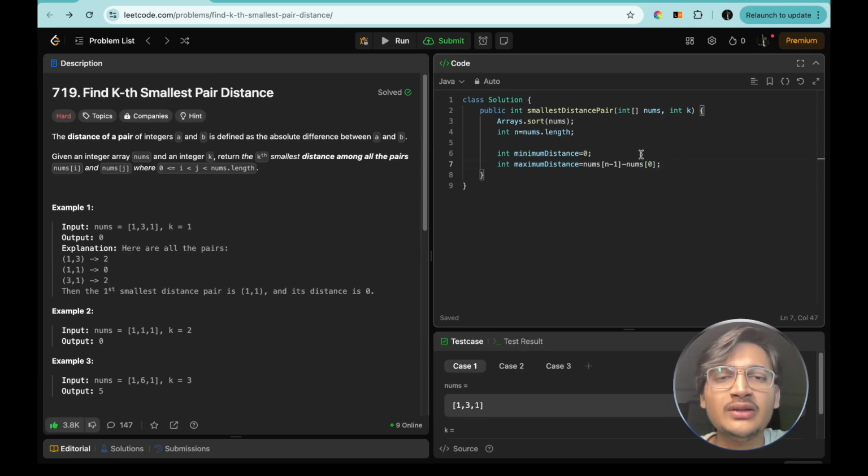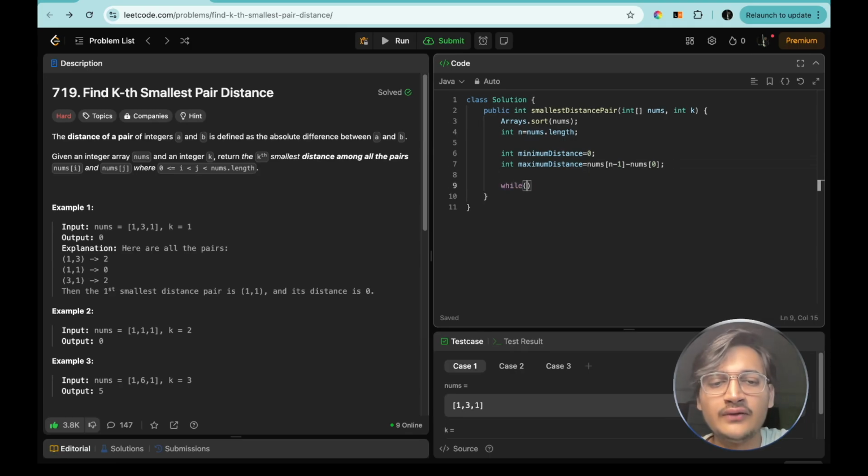So this will calculate the maximum distance possible in this given array. And now we just have to do the same thing in the binary search as we have done. So while this minimum distance is less than the maximum distance, let's copy paste this. If this is the case, then what we have to do first